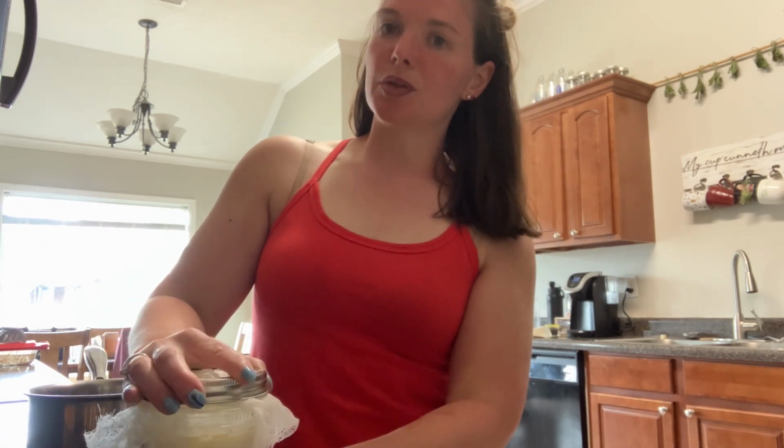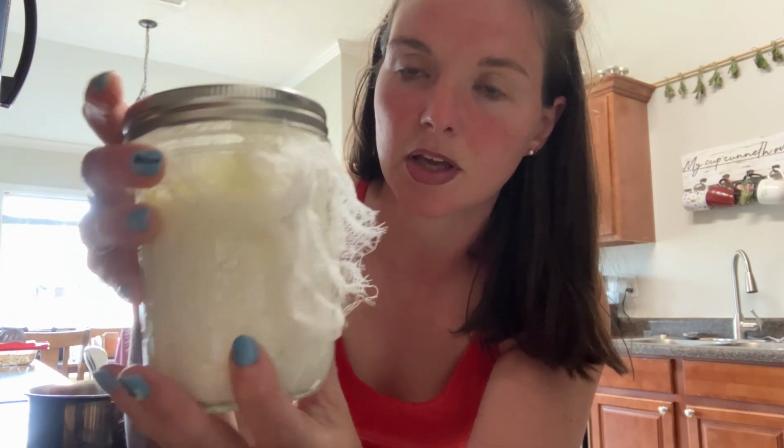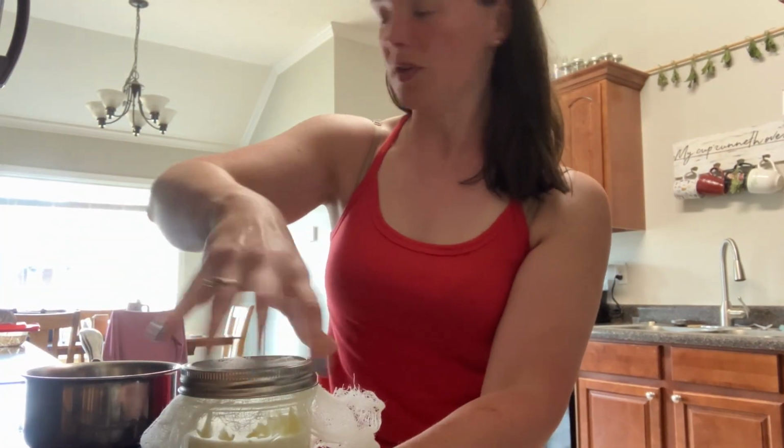All right, hey guys, welcome back. So we're gonna continue making our cottage cheese from raw milk. It has been about 2 days since I set our milk out covered. You can see here how it's kind of curdled and all jiggly. This morning, there was just a little bit of cream still on the top, so I scooped it off, and when I did, you could definitely tell you can cut the milk now. So we're just gonna go ahead and take off our